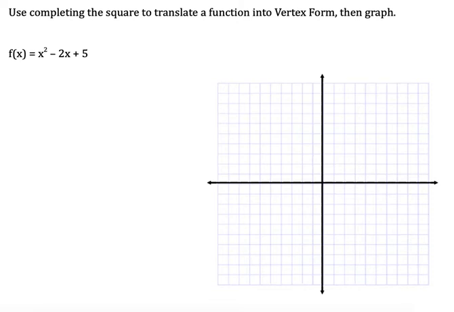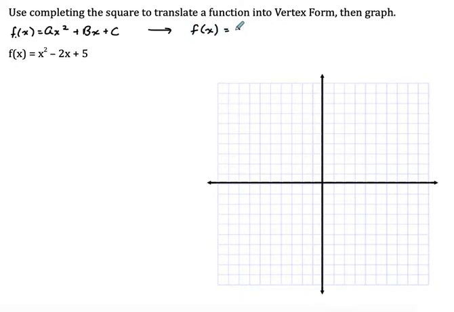This video is going to be about using the method of completing the square. We've solved quadratics by completing the square, but now we're going to use the same steps not to solve, not to find out what happens when f of x is equal to 0, but to translate our forms from standard form, in which f of x is equal to ax squared plus bx plus c,